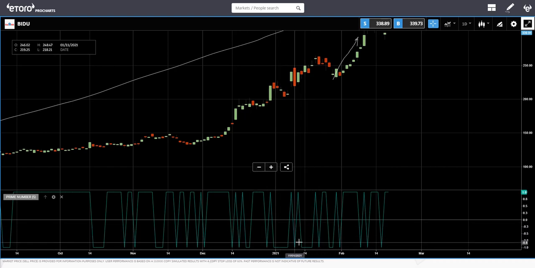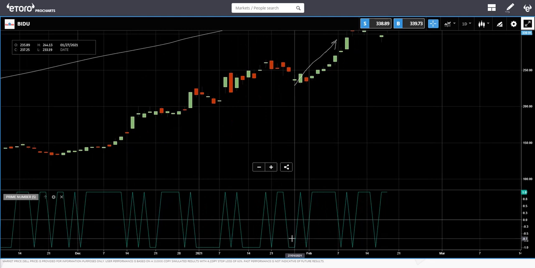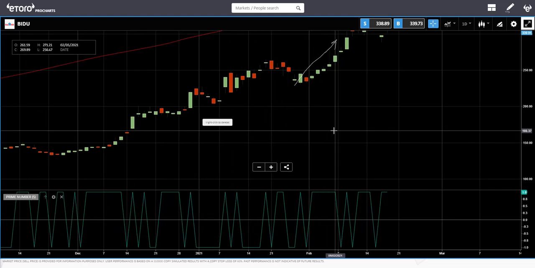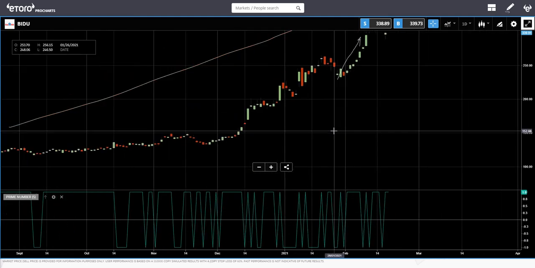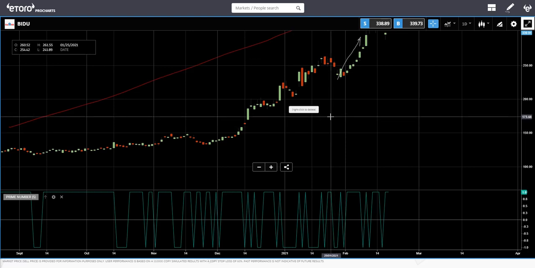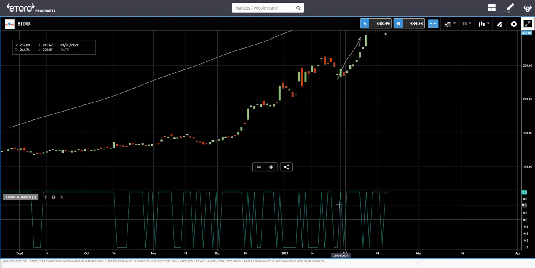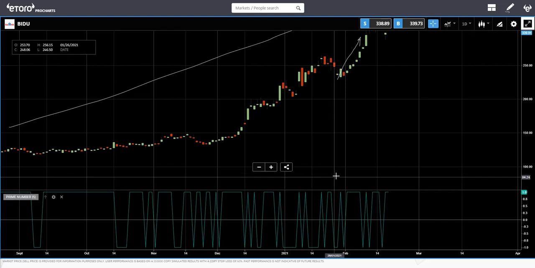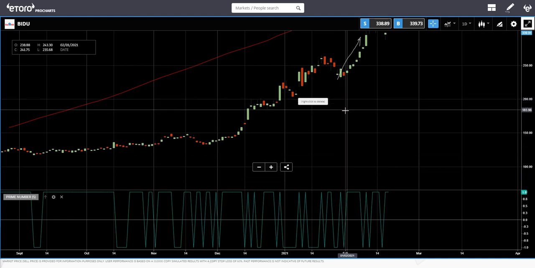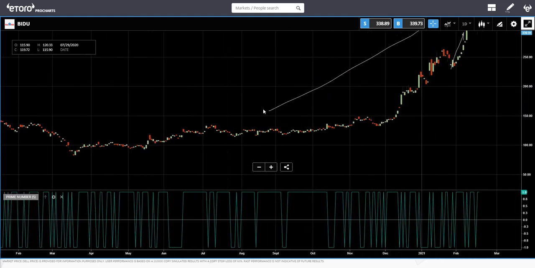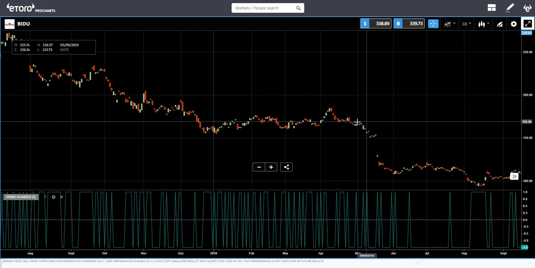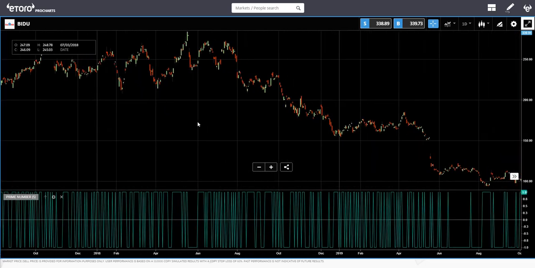So the simple way I want to explain the prime number oscillator indicator is that this indicator shows the turning points on the stock, which is a very good point for entry into a new position. As I said, we're just following the trend, so we go back. You can see here we have